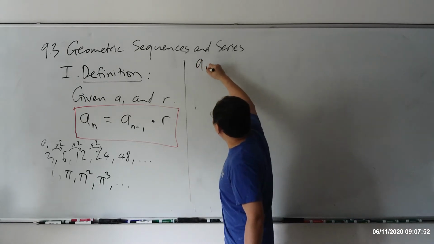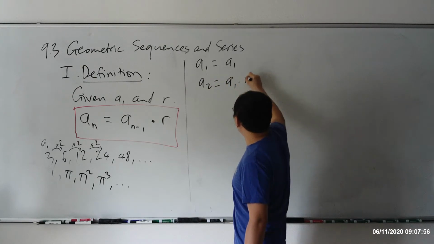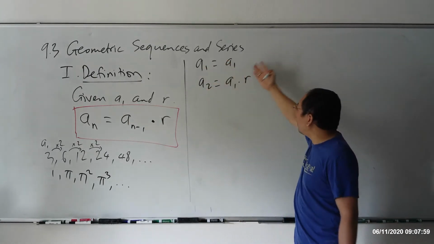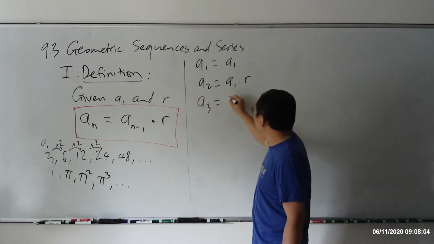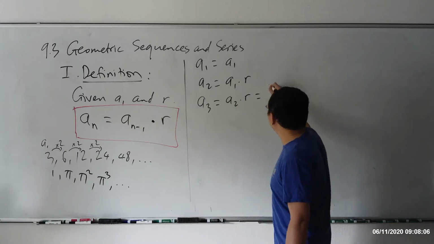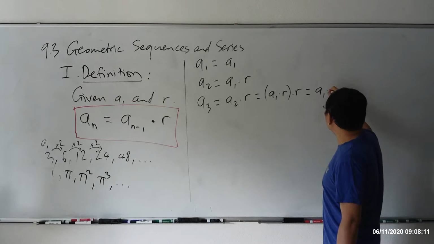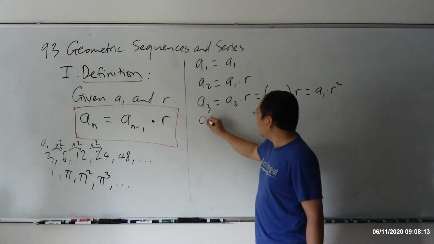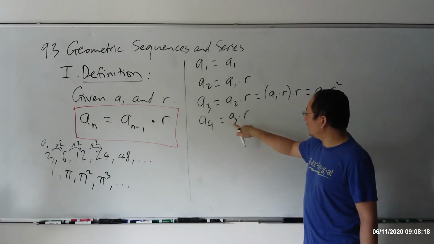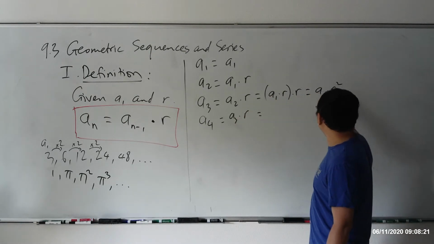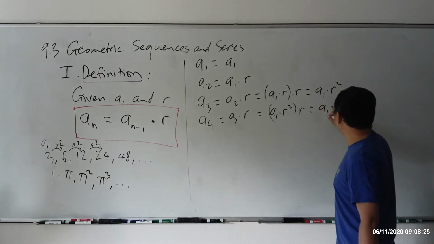We start with A1 is A1, okay? A2 is A1 times R. See? We have A1, we have R, multiply A1 by R, you got A2. Now you have A2, you can calculate A3, which is A2 times R. But A2 is A1 times R, and then times another R, which is A1 times R squared, right? A4 is A3 times R, and you know that A3 is A1 times R squared, times another R, it's going to be A1 times R